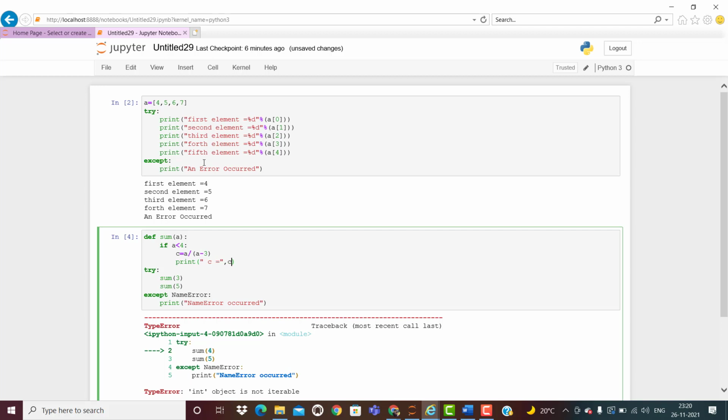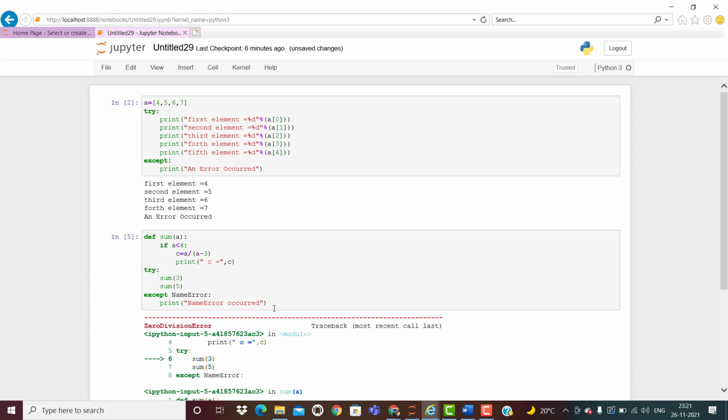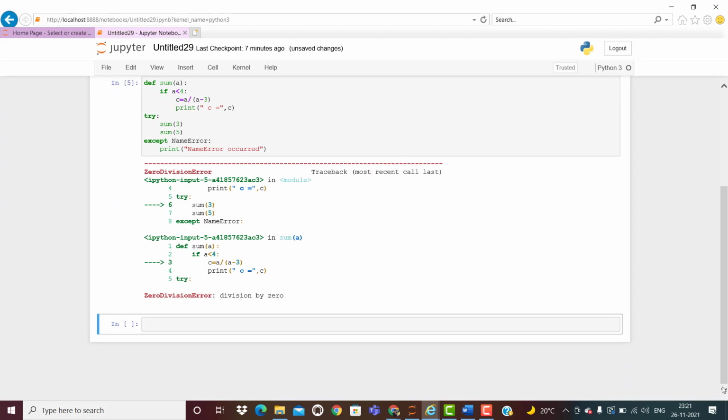So c I have printed here. So let me check whether this error is going to be thrown or not. What happened here? See, a division by 0 error has been thrown.